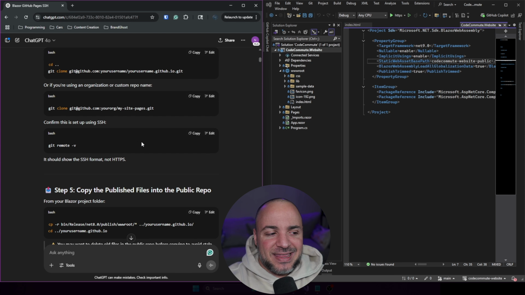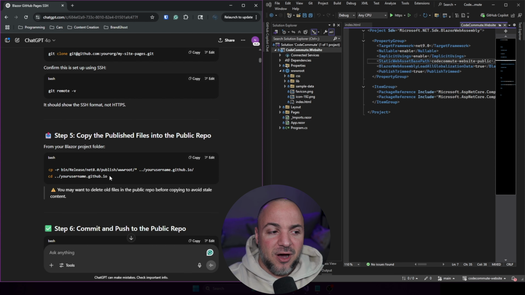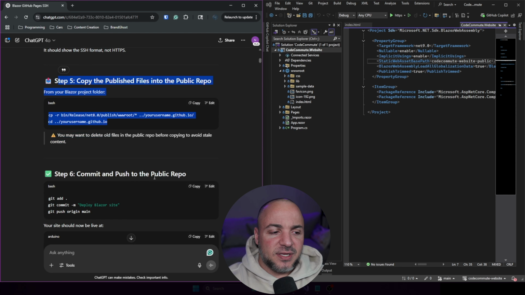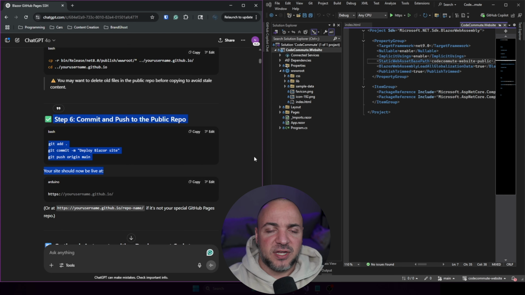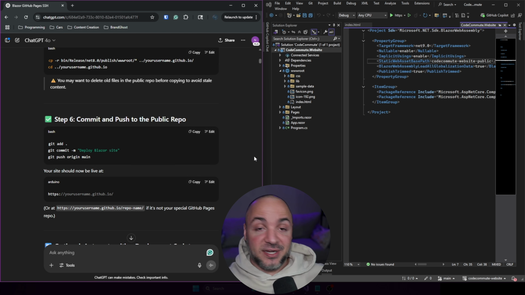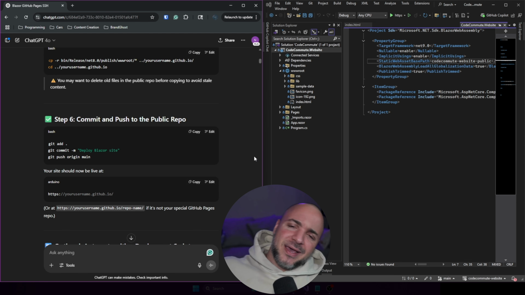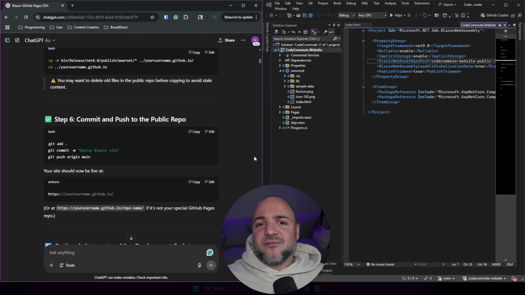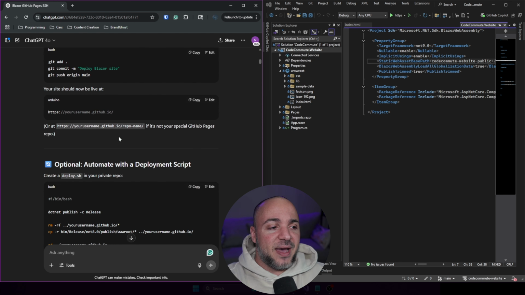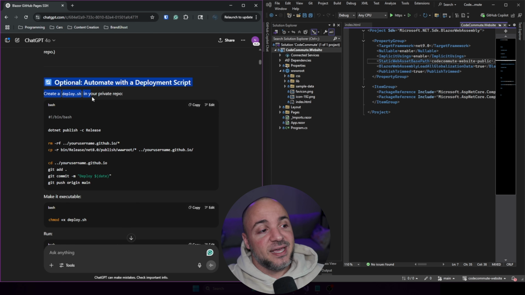And then I think that it was trying to get me to go copy this stuff over. But that's not what I want to do because I don't want to go commit and push this stuff manually. That's not the point, right? I want to be able to have this integrated continuously. I make changes to my private repository, push it up, and then right away I have the nice changes reflected in my public page. So I had to go back to it and say, okay,